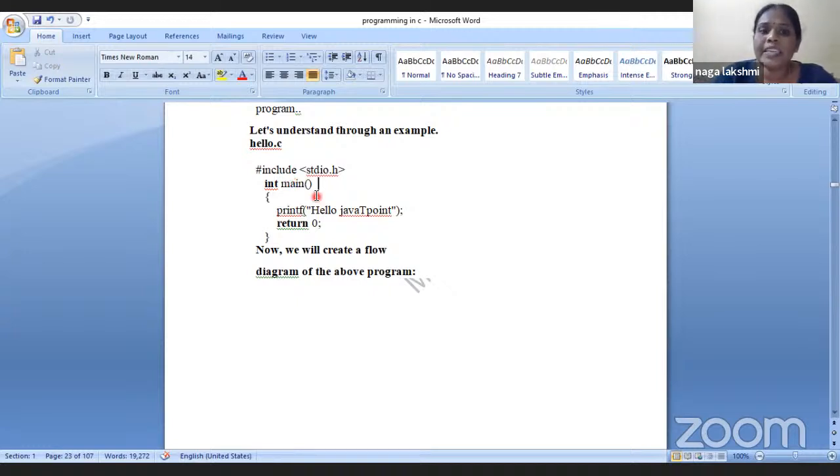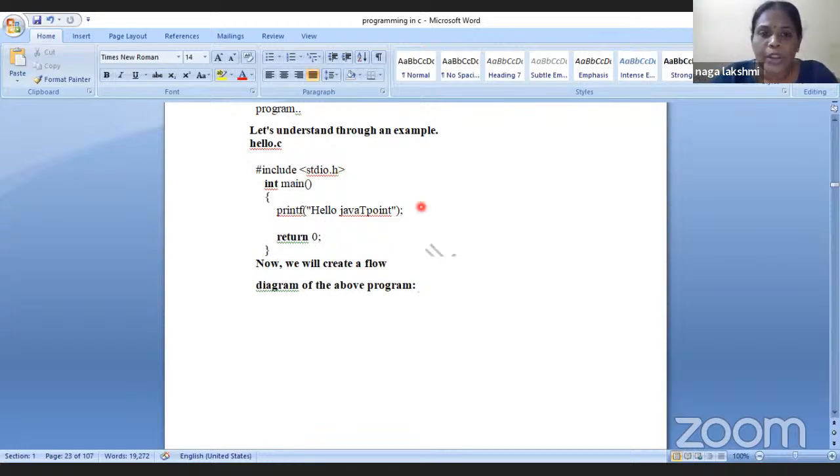Next, how many keywords are there in this particular program? We have main as a keyword, printf as a keyword, return as a keyword. When you are writing a simple C program, whatever program you write, you first have to include the header files. Header files are compulsory because they hold the definitions. Main is defined under the standard input output header file. Suppose in this program I am going to include CLR ACR. What does CLR ACR stand for, girls?